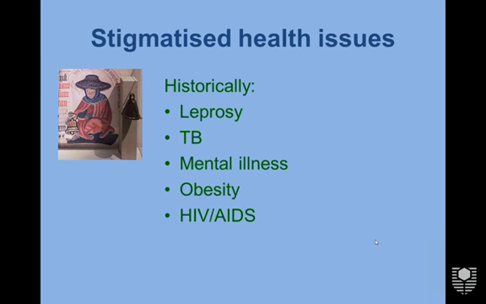Historically, there have been a number of health issues that have been stigmatized. For example, leprosy. There's an image there of the person. Lepers had to ring a bell to warn people that they were coming by. They were isolated from society, often on small islands. For example, there was one off Venice, and in a number of different places. They were shunned. People were scared of them. They didn't want to touch them. And lepers had a really difficult time meeting their needs because society had isolated them and rejected them.